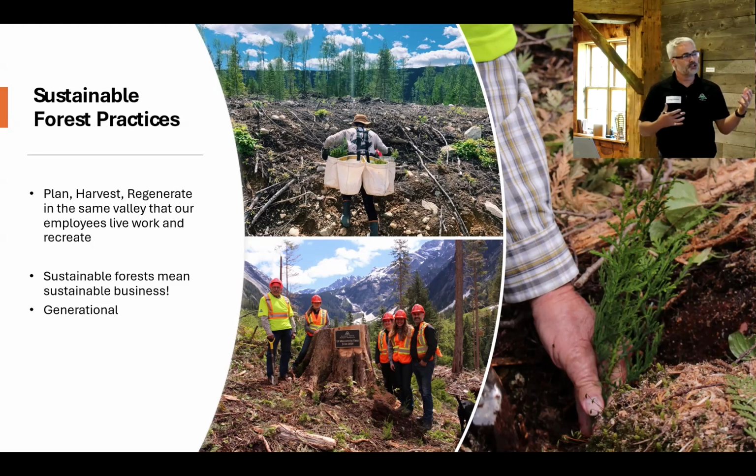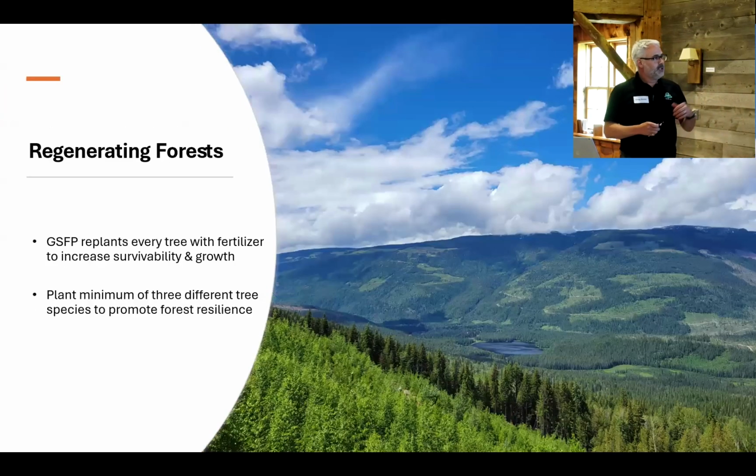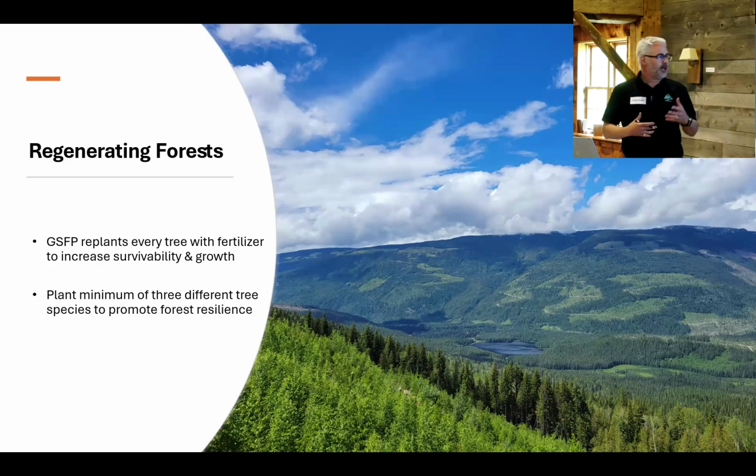There's a social license that we have to operate under, and that's that second part in the sustainable piece. So the regenerating forest, again, a lot of the discussion is in regards to it. We do different things to help with that. Prior to it becoming a regulation, we took the step about 20 years ago to ensure that we were planting at the time of